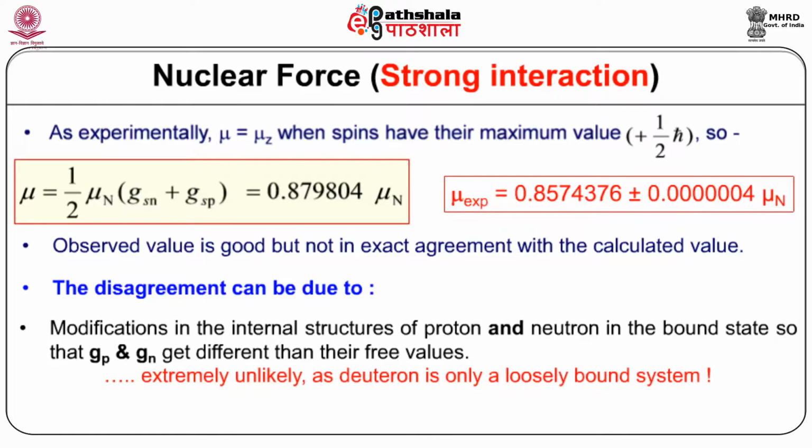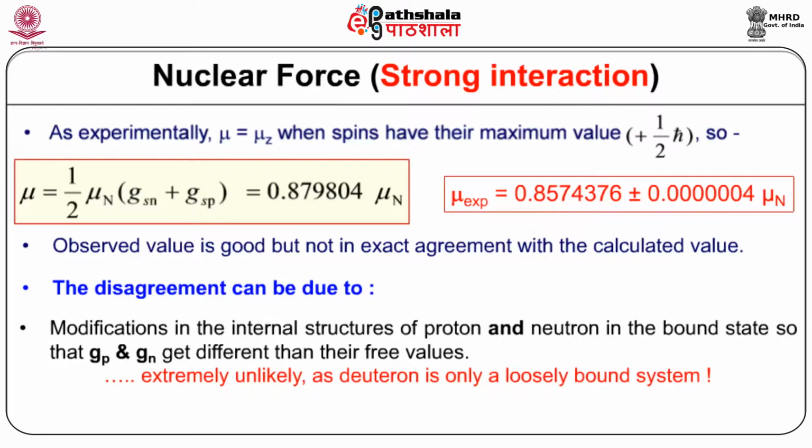Mu is given by 1 by 2 mu n (GSN plus GSP), that is equal to 0.879804 mu n. So theoretically speaking, if the deuteron ground state has L is equal to 0, then mu should be